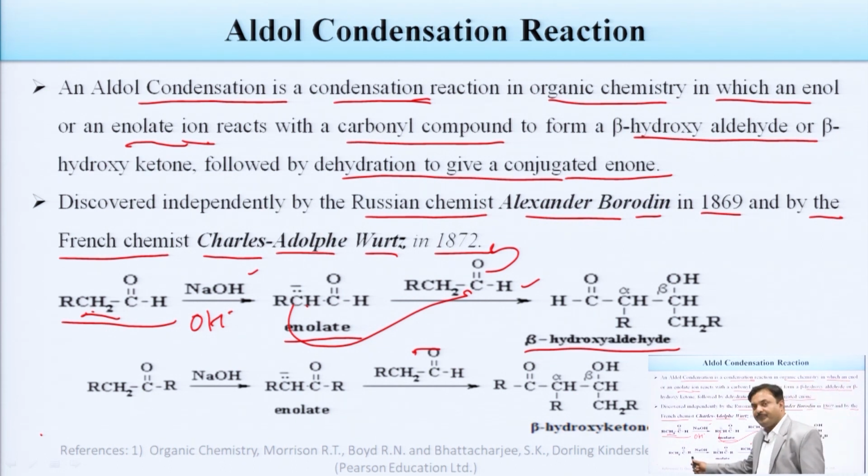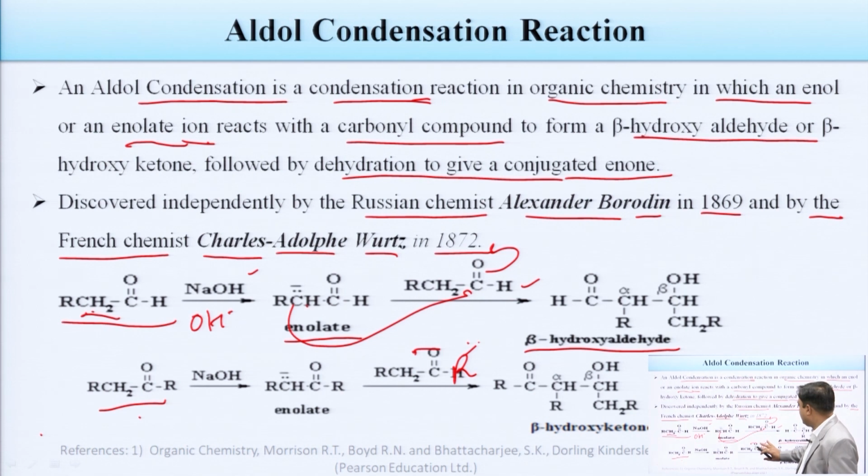Okay. The same reaction can occur with the ketone. Here you can see we are taking two molecules of ketone, one is here, another is here. Actually, here you can see an aldehyde, but when I am talking about the ketone, we have just written ketone. So, we are using a molecule of ketone in the presence of NaOH, and it is converted into enolate, meaning that NaOH, or you can say OH minus, will abstract a hydrogen from this ketone and convert it into the enolate ion.